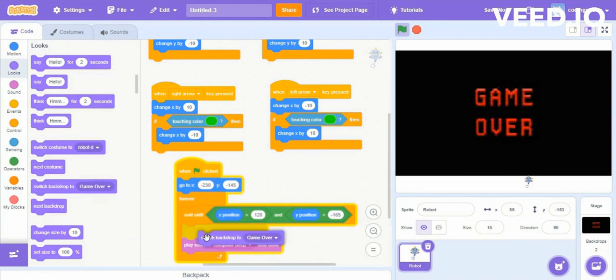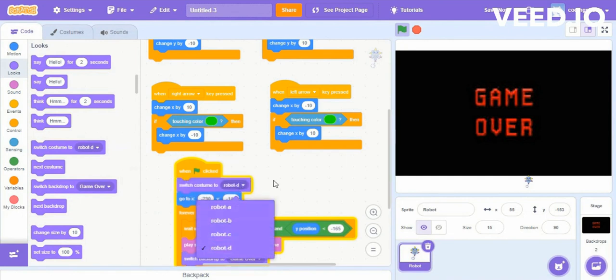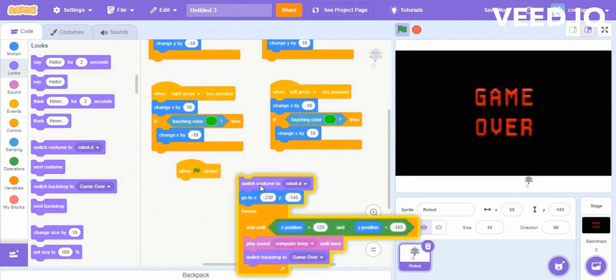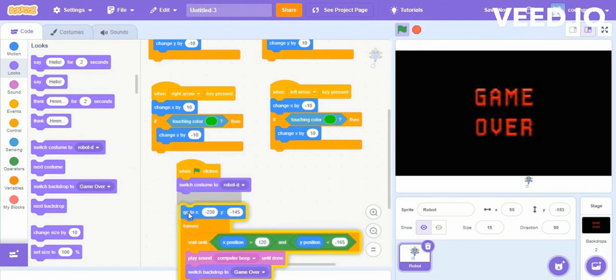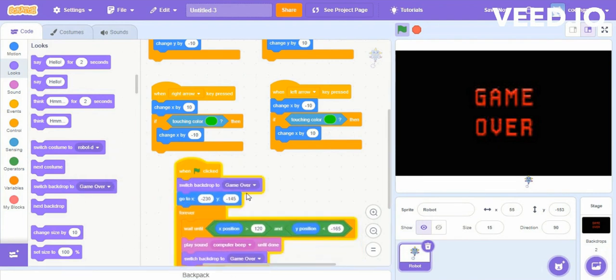In the same way we will increase its size. We'll add a switch backdrop block in the forever loop,